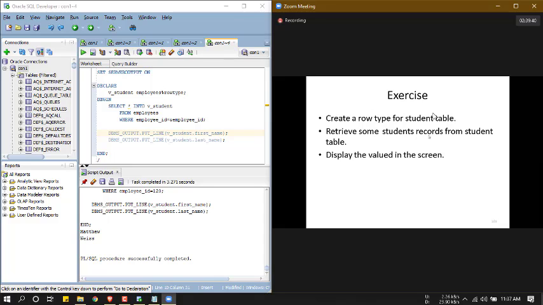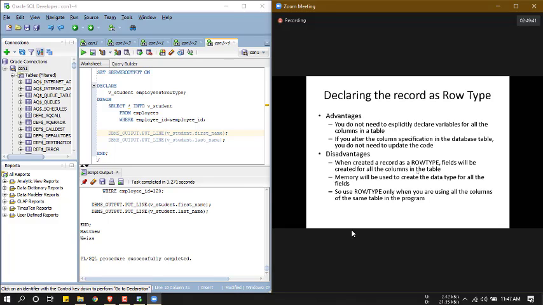If it is not, then you can use the employees table. Right. If you do not have it, we just look at what are the advantages and disadvantages of declaring a record